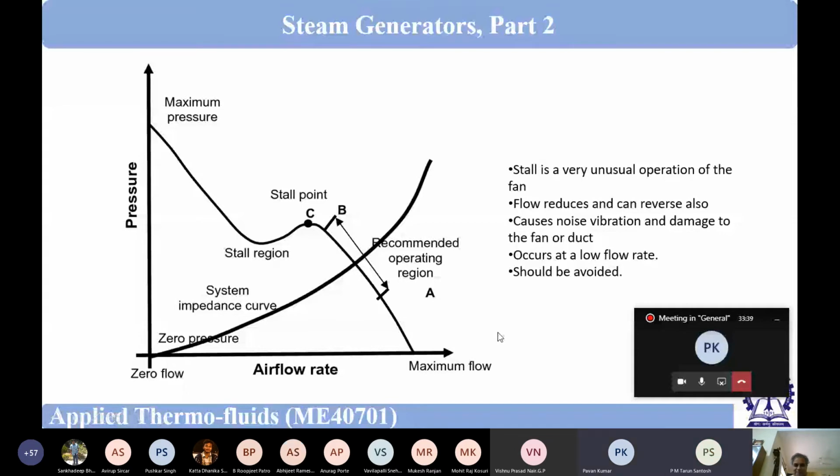Sir, what actually is this duct, sir? Is it like a pipe carrying the air to the fan, the duct you are talking about? Or is it encasing the fan? No. Let me tell you what is duct.